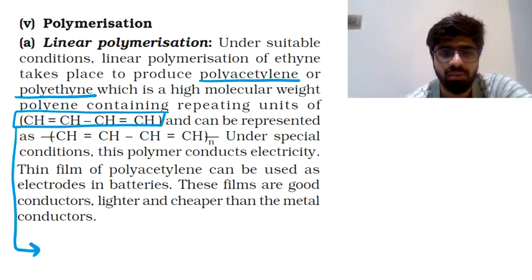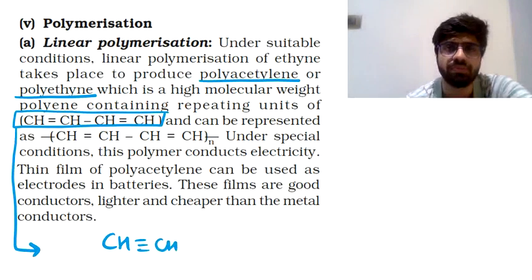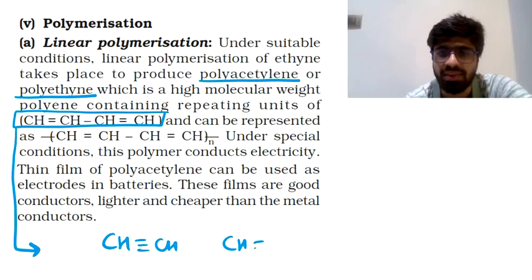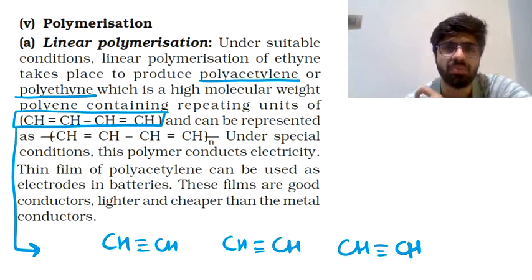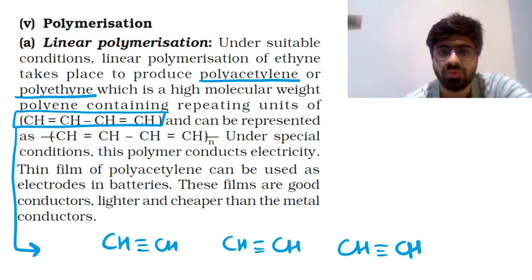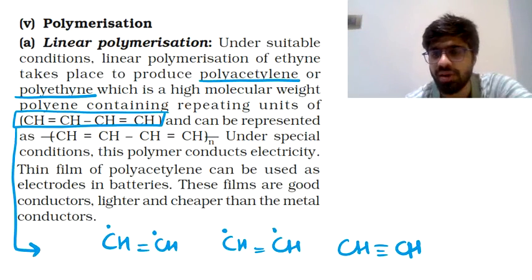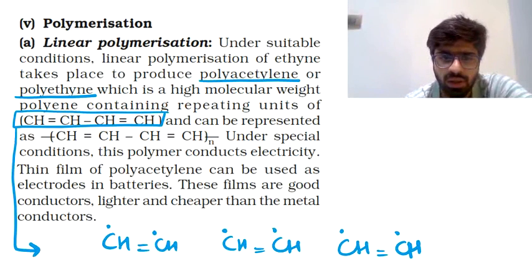To give you a better idea about the structure, consider several molecules of ethyne, and now think that with every molecule you are breaking one bond between the two carbon atoms. So if you break this bond, the two carbon atoms are going to get an electron. Break this bond, the two carbon atoms get one electron each. Break this bond, the two carbon atoms get an electron here. Let these two carbon atoms share their electrons between themselves, forming a single bond.